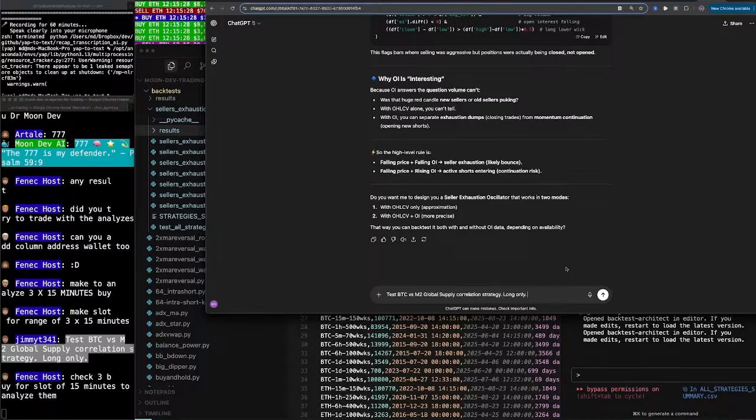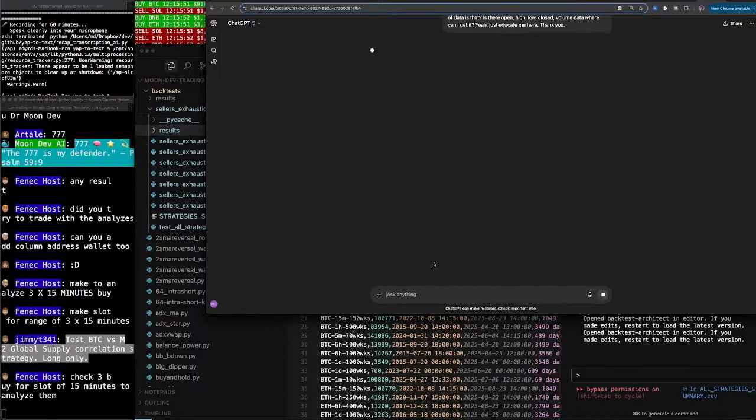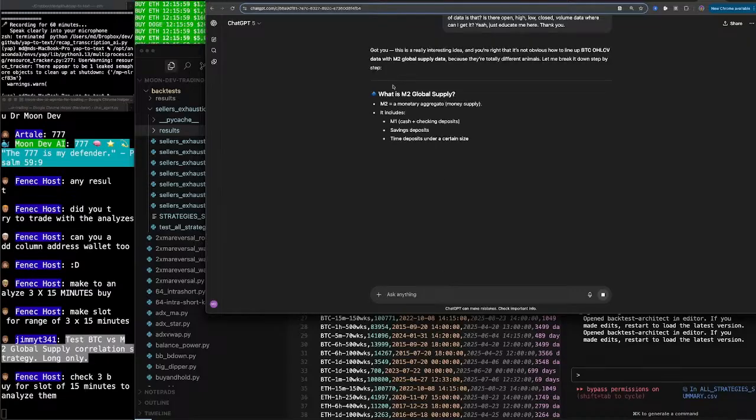How would I go about testing this? I have open, high, low, close, volume data, but what type of M2 global supply data would I need in order to map this correlation? I guess I don't know M2 global supply too well. What type of data is that? Is there open, high, low, close, volume data? Where can I get it? But yeah, just educate me here. That's an interesting idea, dude. So,